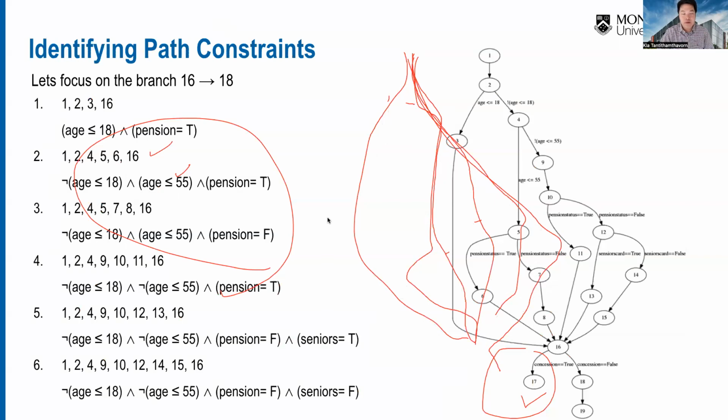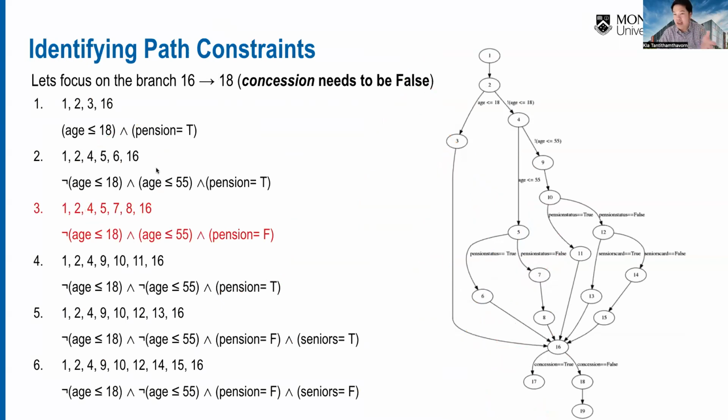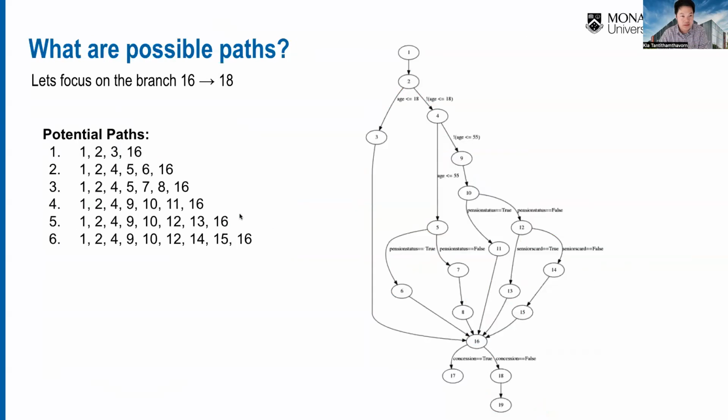And then if we want to focus on the concession as false, what are the paths that allow us to reach that condition? So in this case, we already know that